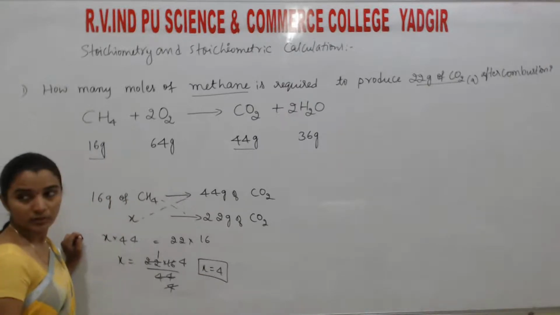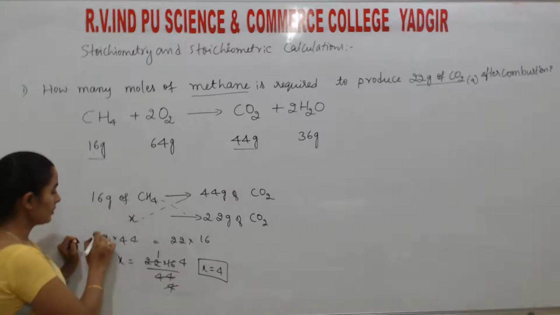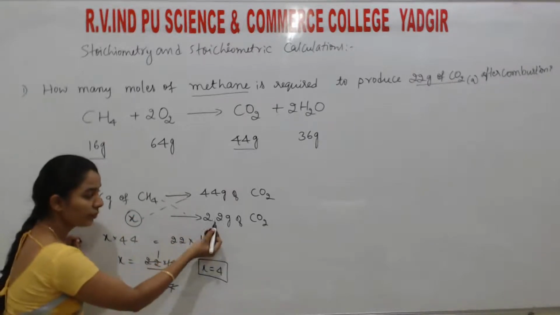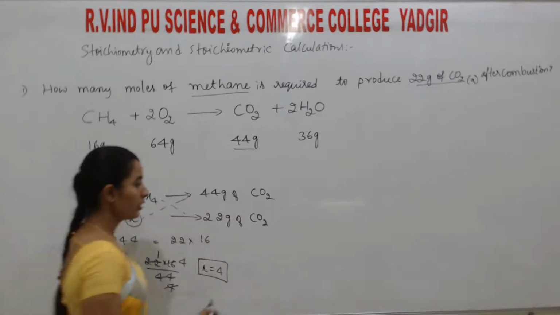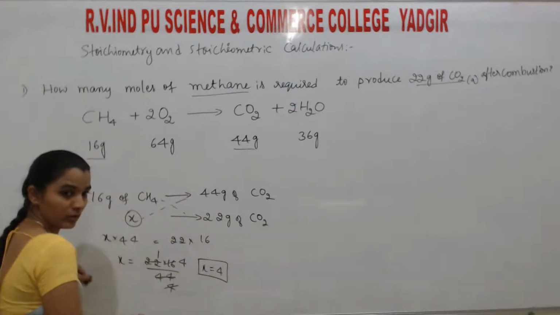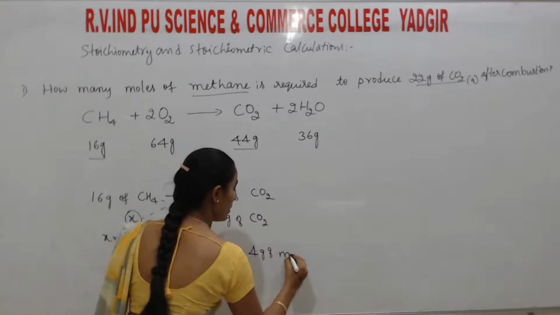X means the mass of methane required to produce 22 gram of CO2. Understood? So here you have to write in the last: 4 gram of methane